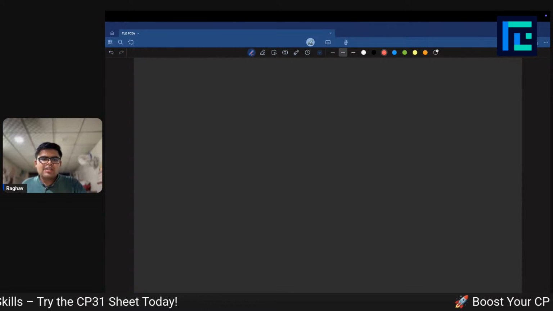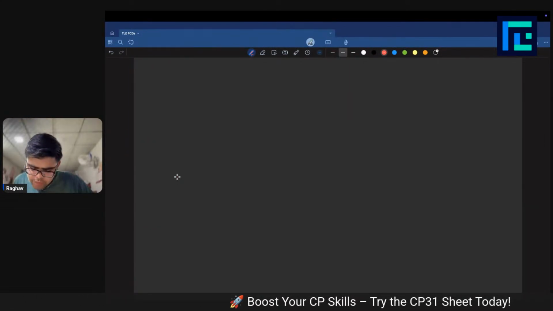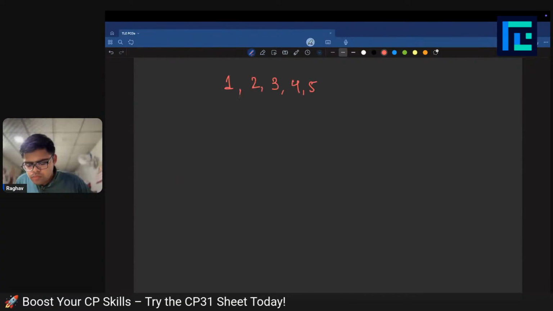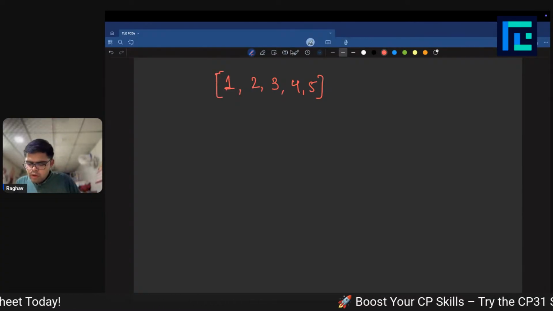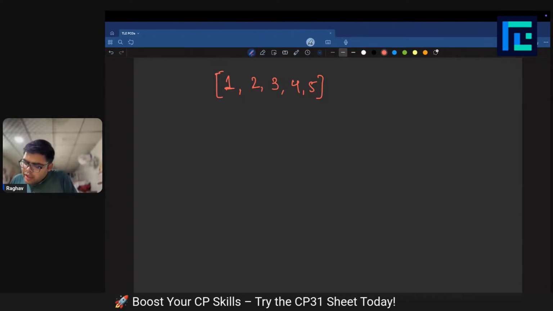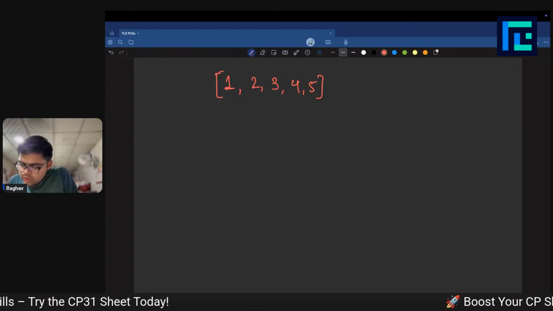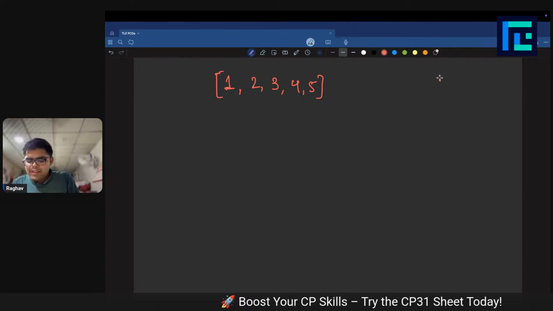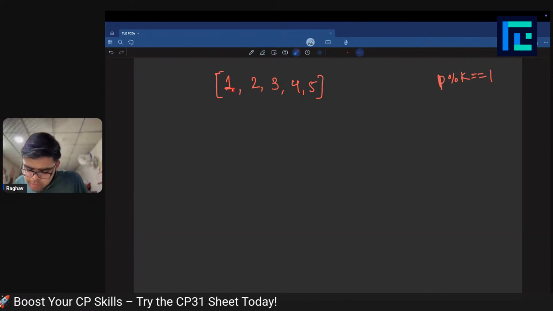So let's take an example, maybe 1, 2, 3, 4, 5. Let's say the array is 1, 2, 3, 4, 5. Now what I'm saying is, guys, I want to, let's say, find out the number of subarrays here whose product mod k comes out to be equal to 1. Can I say that for finding the total number of subarrays with this condition, find out the number of subarrays